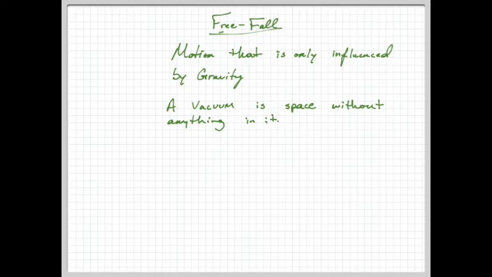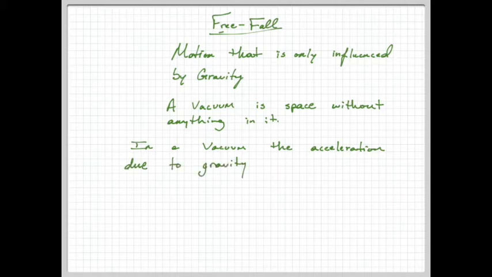So what we would define as free fall is, in a vacuum, an object falls, and the acceleration due to gravity, which we denote with the letter g, has a magnitude of 9.8 meters per second squared. If we do a quick little diagram of this, an object that falls